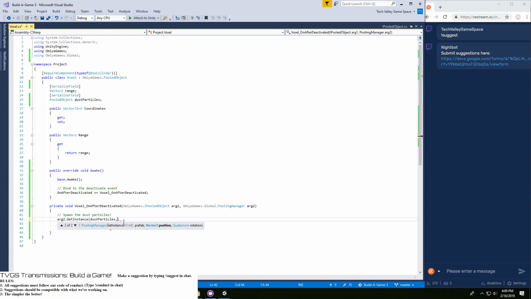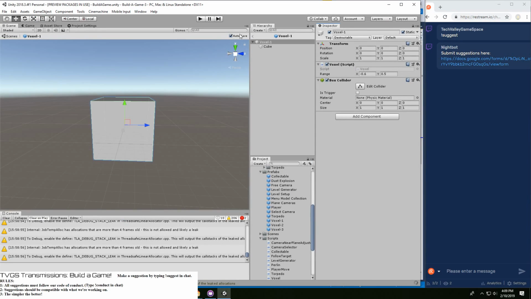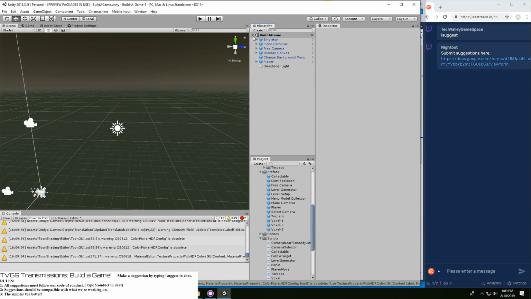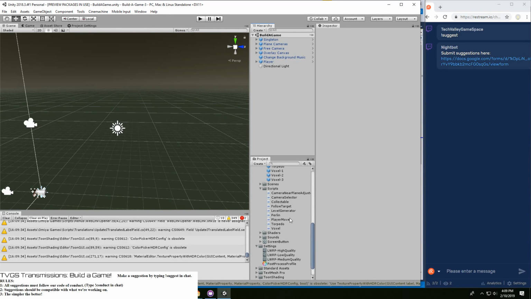And we're going to say transform.position, transform.rotation. And then this will get us pulled object clone. We really don't need to do anything with that. But what that does mean is that we need to actually make an entirely new script for our dust particles.